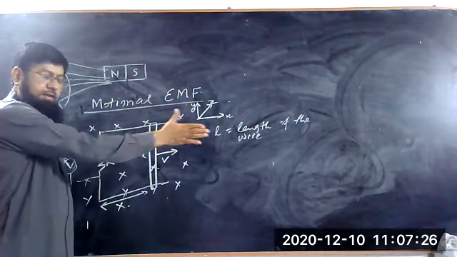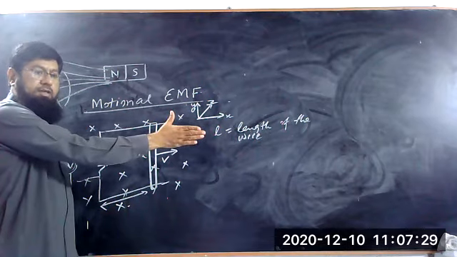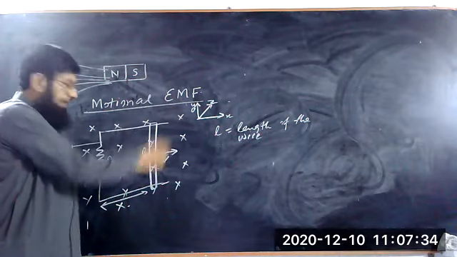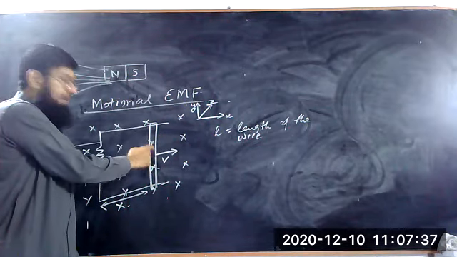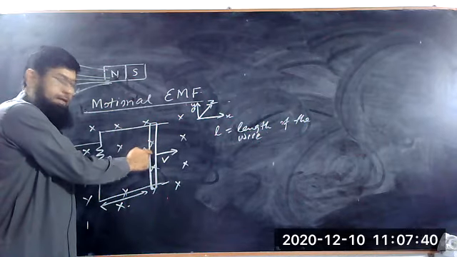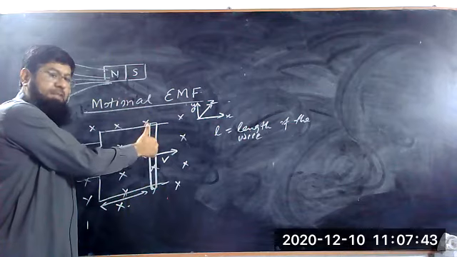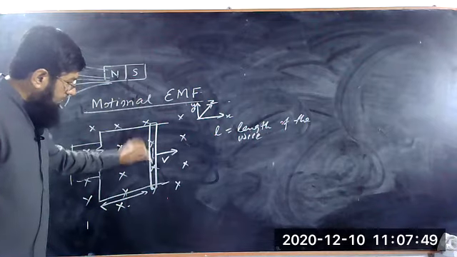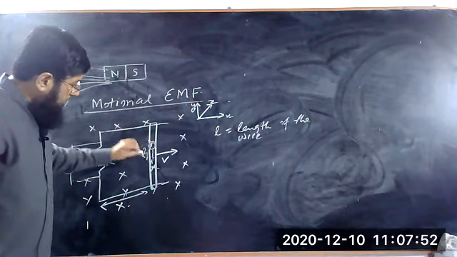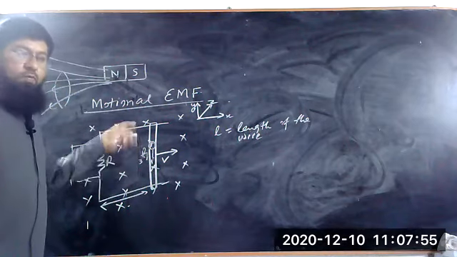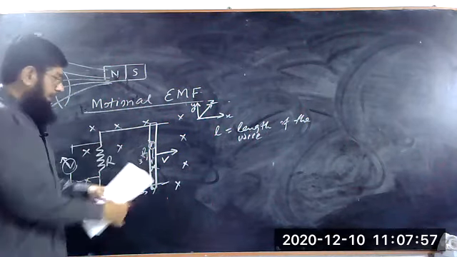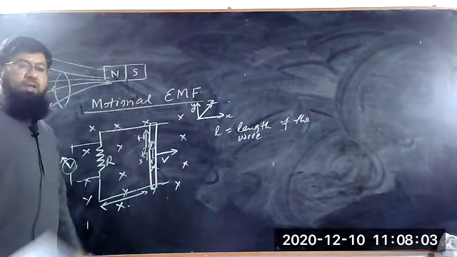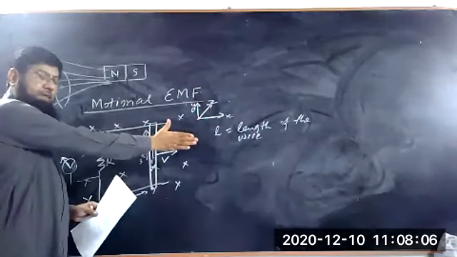Using the right hand, this is v, this is B, and v cross B gives the force. With v as shown and B going inside, the force is upward. It means all the electrons within the wire will experience a force, and since the electron is negative, the direction of the force is downward. So this is the magnetic force on the electrons, and the current is opposite to the direction of the electron's motion.